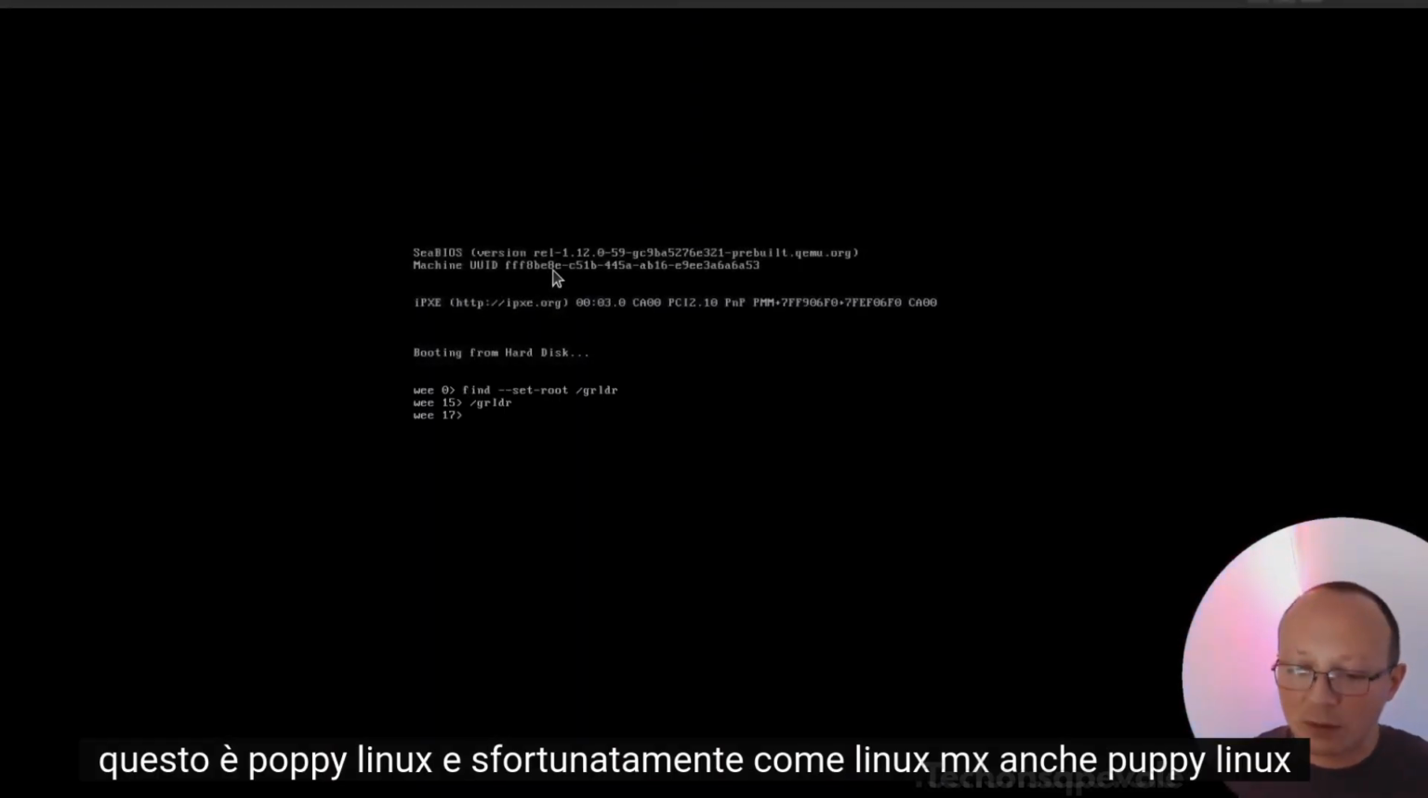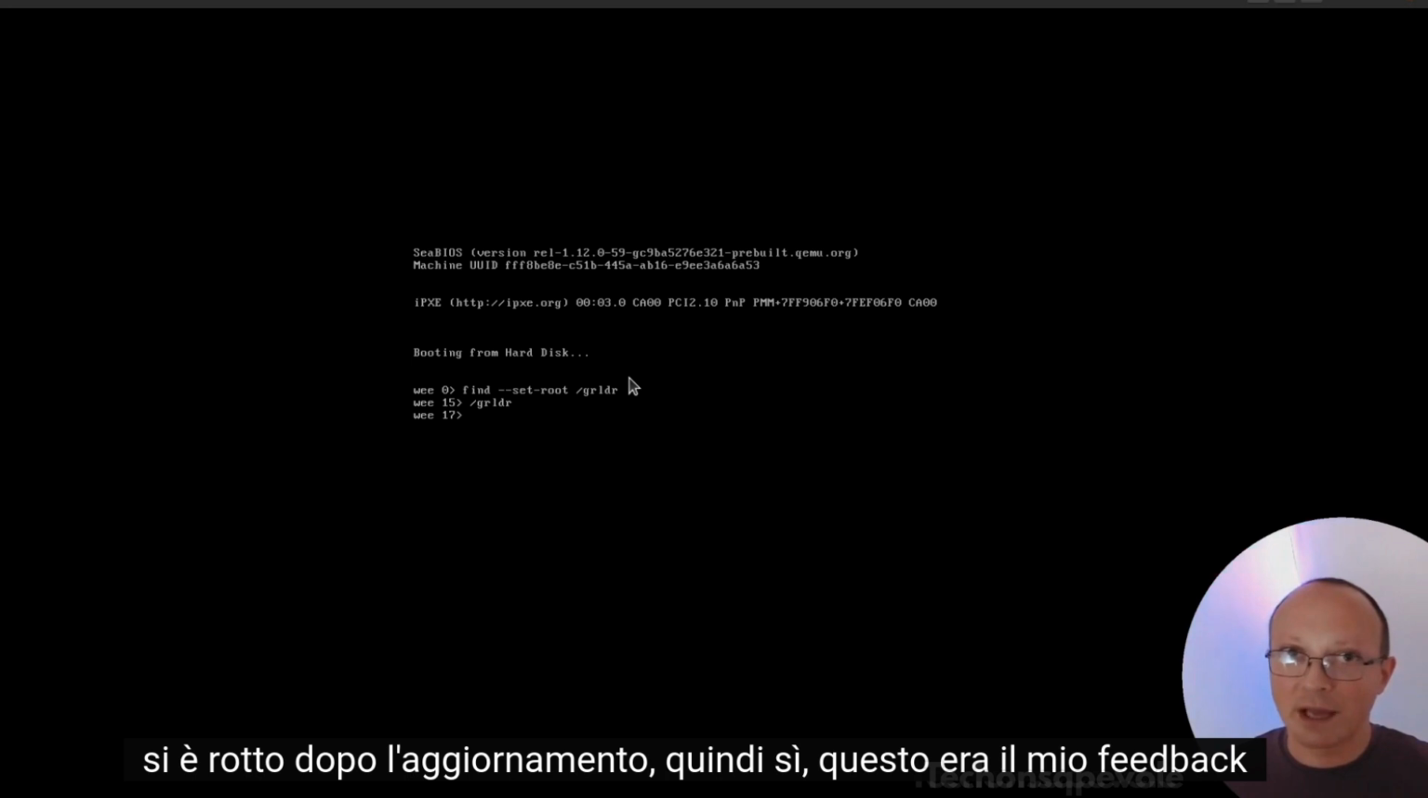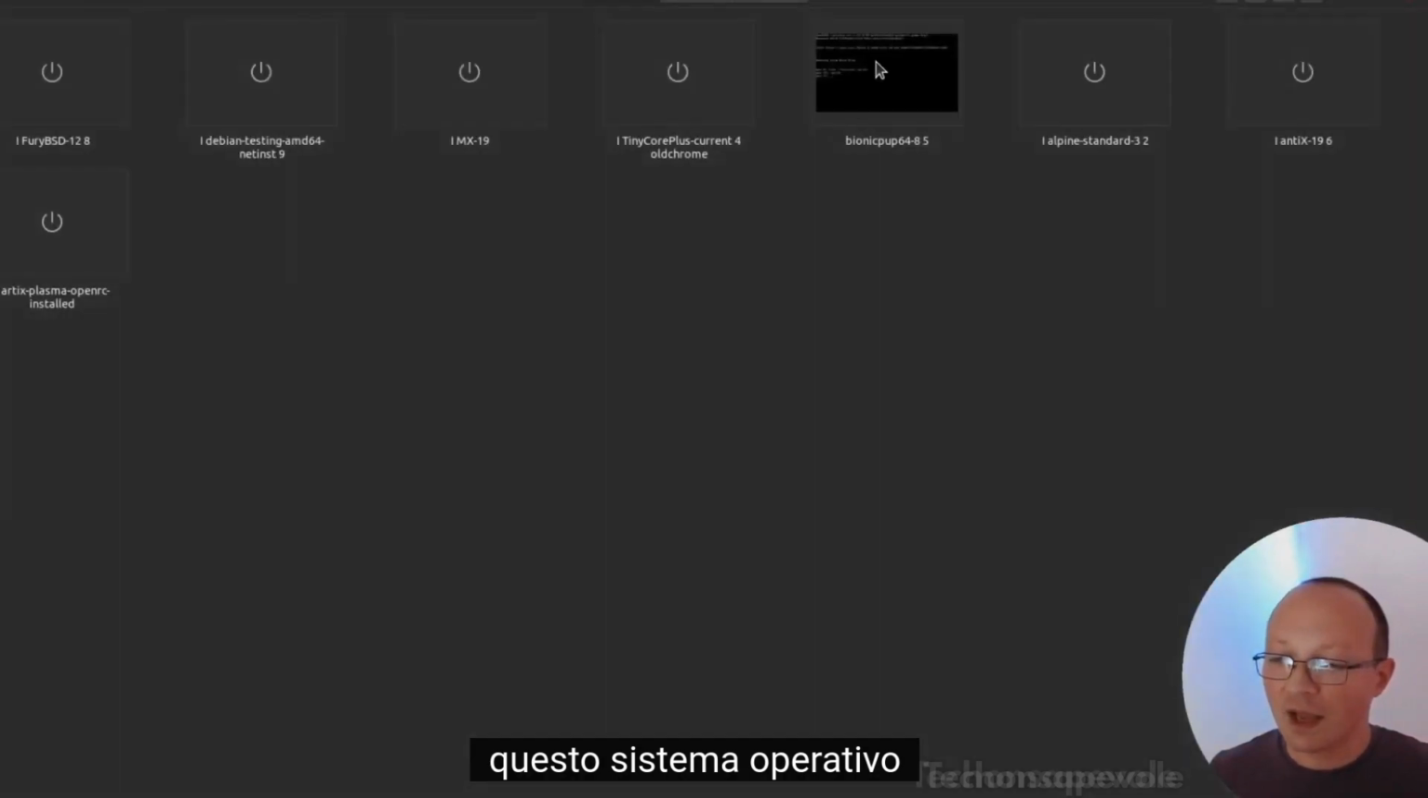This is PuppyLinux, and unfortunately, like Linux MX, PuppyLinux also broke after the update. So yeah, this was my feedback about this OS. So let's close this, and then we have Alpine